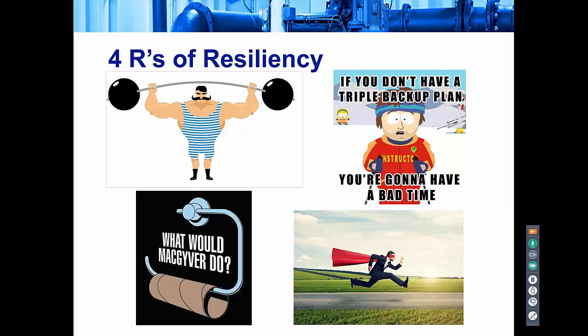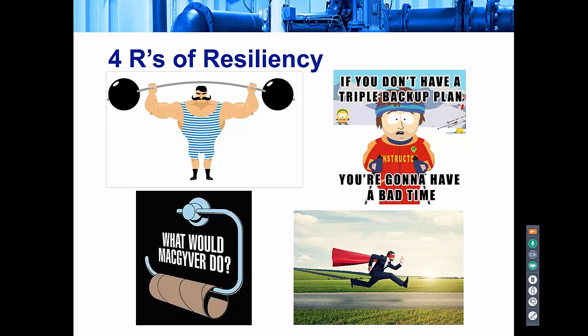So I think it's easy to think about things when you sort of bundle them together and you have some visual images. So the 4 R's of resiliency. In the top left corner, we're talking about robustness, right? So the ability of your system to withstand a given level of stress and or demand. How robust is your system? Then we want to talk about redundancy, right? Measure of the inherent